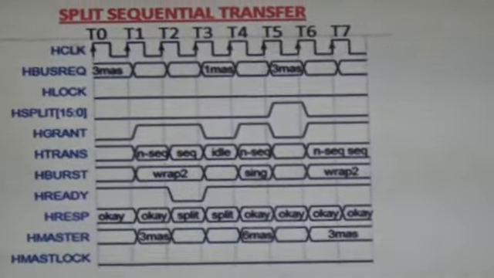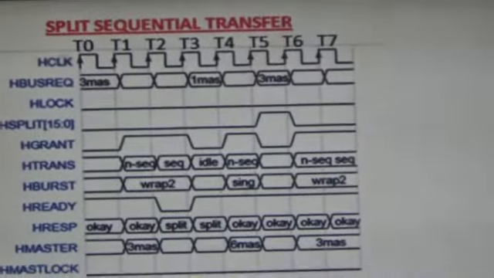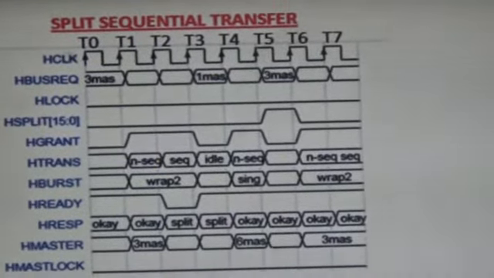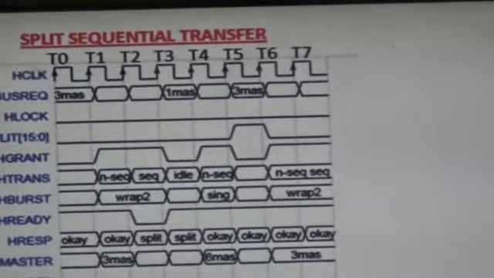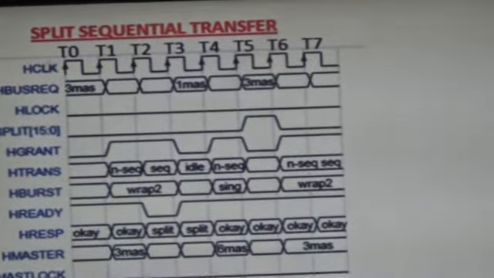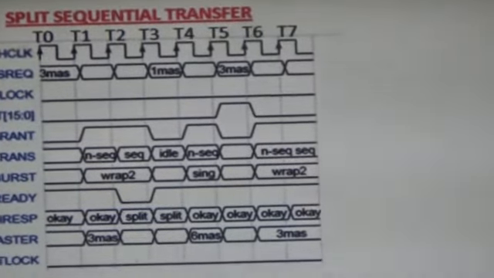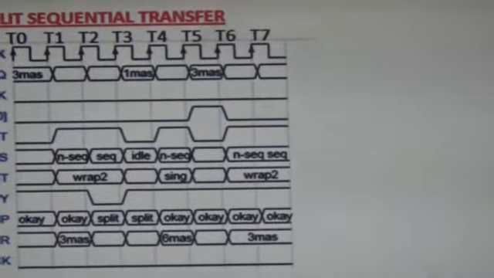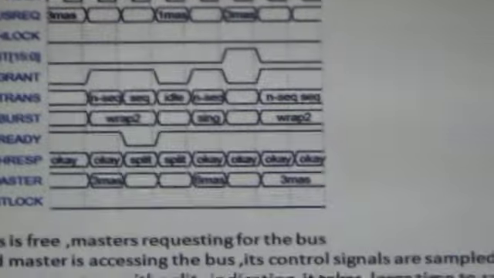So during this time, at T5 clock cycle, when the slave is free, it sends HSPLITx high. That means it sends the number or ID of the transfer which had sent its request to access that slave. So HSPLITx requests the arbiter to grant the bus to the master which had asked before. That's why the third master is given the highest priority. At the T6 clock cycle, the third master's address phase signals are sampled, and now the bus has been given to the third master. So this is what is happening.